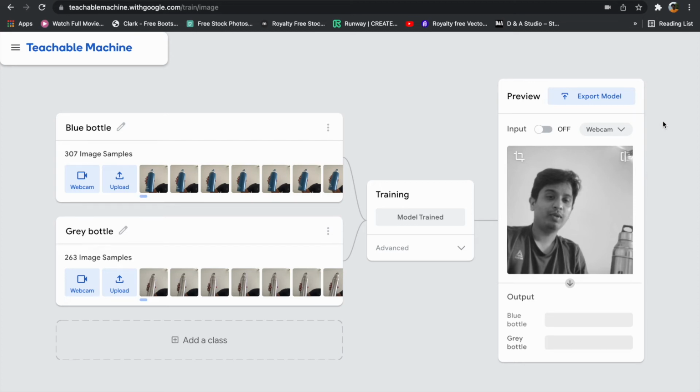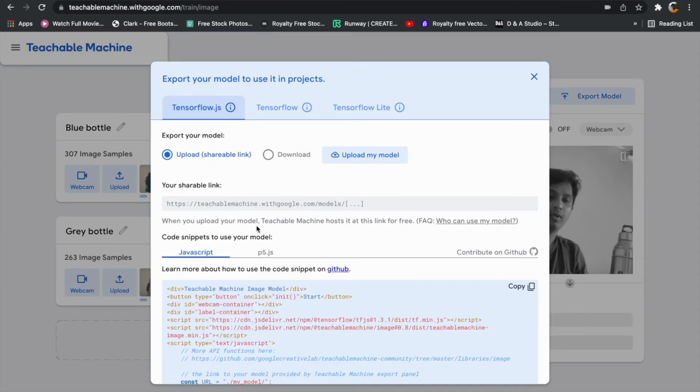Now let's say you want to use this trained model in your own website. Just click here, export model. It will open this box. Now there are two ways you can use this model. Either you can download it on your own laptop and use it in your own website, or you can post this model into the Teachable Machine marketplace. It's like Amazon for trained AI models. You can publish your AI model on their marketplace so that everybody can use it. So it's up to you. If you want everybody to use it, you can directly post on their site, or you can download it and use it in your own website.